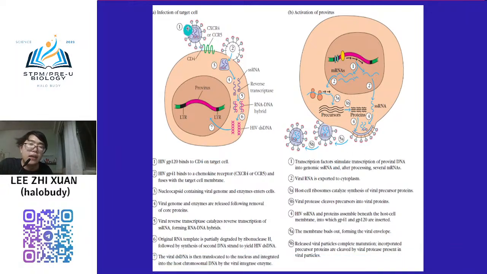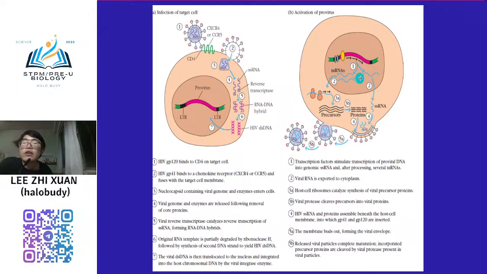So you need to know that the membrane of the virus is made up of glycoprotein, which is one type of protein. So this protein will assemble together to form this viral protein. And then the RNA is exported to the cytoplasm, and this membrane buds out, forming the viral envelope, and finally new HIV virus is released. And these cells are already infected, and will die in a short time, and this cell now cannot function anymore.